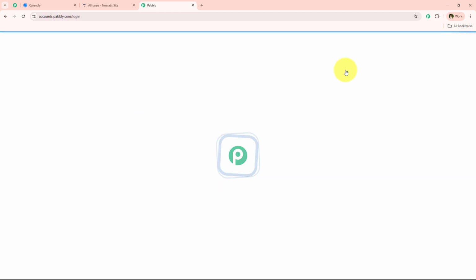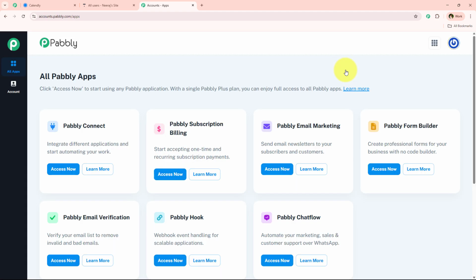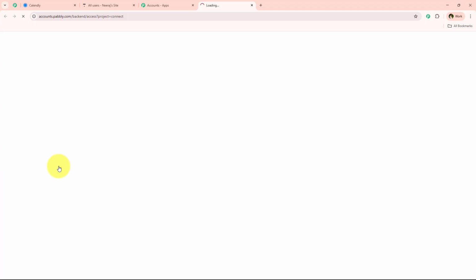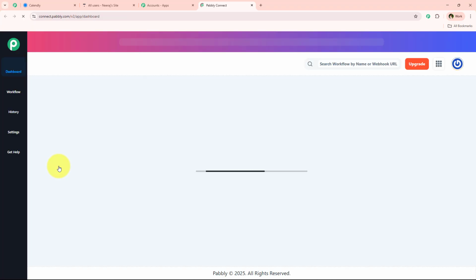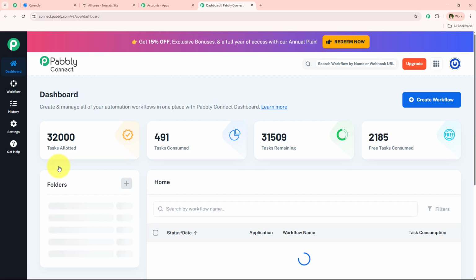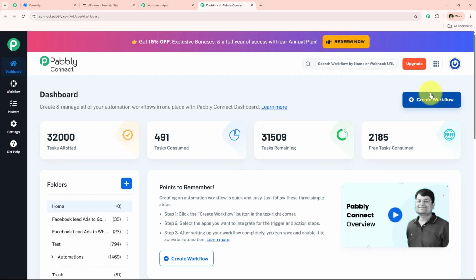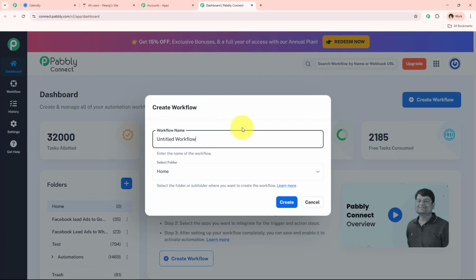And once I click on this sign in, it is opening all Pabbly apps, and over here you're going to see all the tools and applications offered by Pabbly. But in today's video, we are going to use Pabbly Connect to connect different applications. So I'm simply going to click on this button which says access now to access my Pabbly Connect account. And once I click on this access now, it is going to open the dashboard of my Pabbly Connect account. And to get started, I'm just going to simply click on this button which says create workflow,